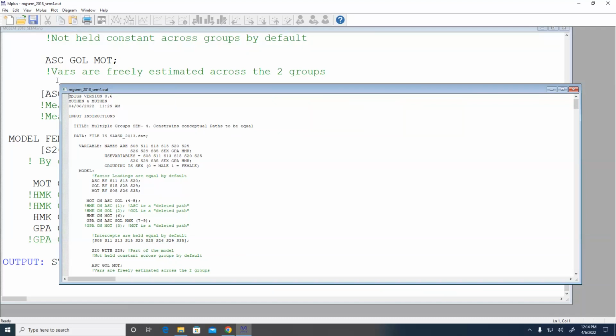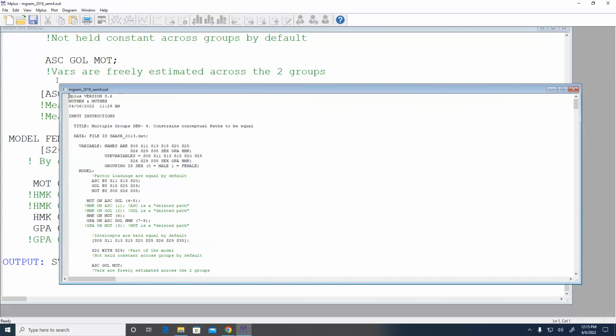Remember what this is saying. This is saying, if you allowed the mean for goal to freely vary across the two groups, we would expect your chi-square to go down by about 20.5 points. Given that we saw the chi-square jump by only about 24 or 25 points, and again, this is an approximation, it might not be exactly this, but if you let it freely vary, your chi-square is likely to drop by 20.5 points. That to me is a sign that probably the thing that needs to be allowed to freely vary is the latent mean for goal, right? Does everybody follow why I came up with that?